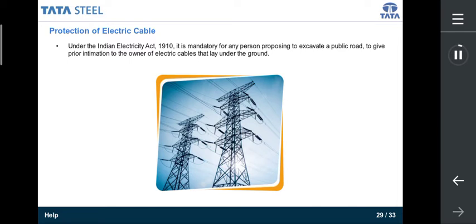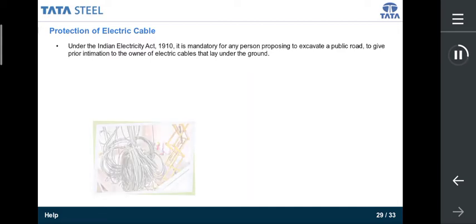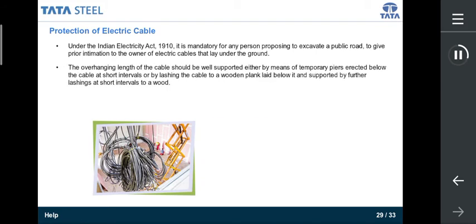Under the Indian Electricity Act 1910, it is mandatory for any person proposing to excavate a public road to give prior intimation to the owner of electric cables that lay under the ground. When any cables are exposed during the work of other public bodies and such cables are required to be temporarily supported until the work is completed, the overhanging length of the cable should be well supported either by means of